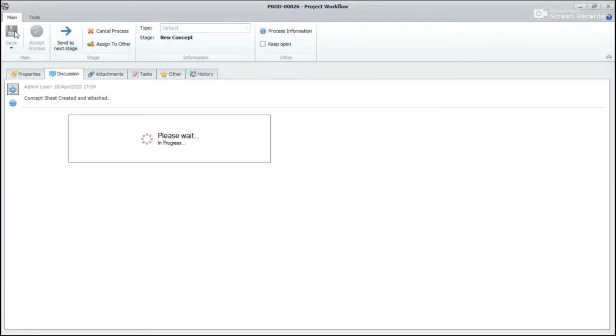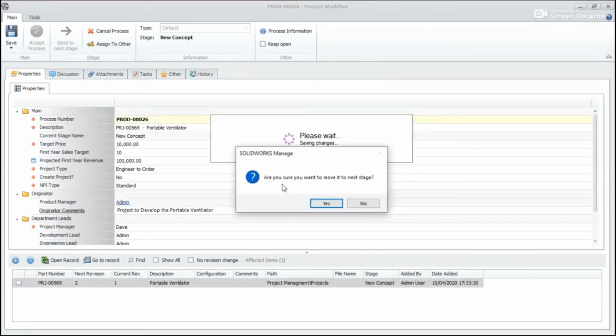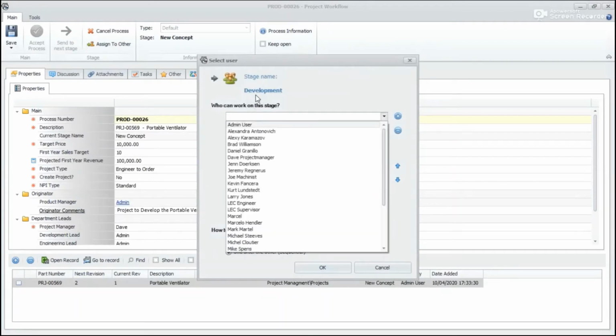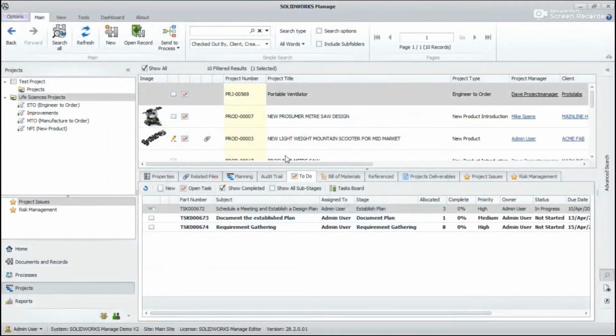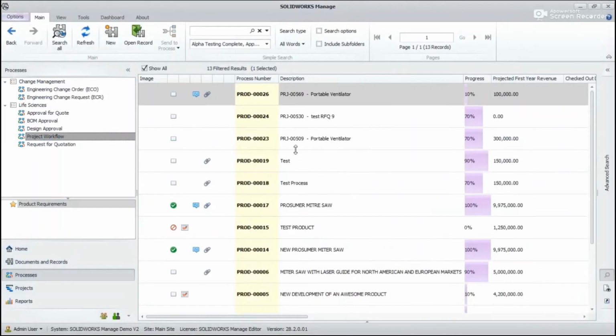The project is in new concept. I'll send it to next stage. I'll choose yes and I'll choose who will be working at the development. So I'll choose admin user here, that user, and click on. So once this is done, I'll go to this project.